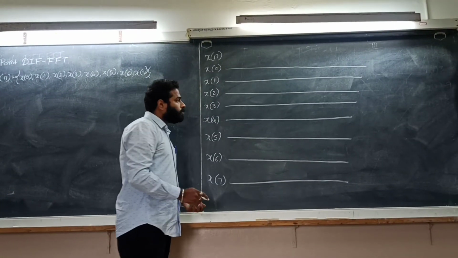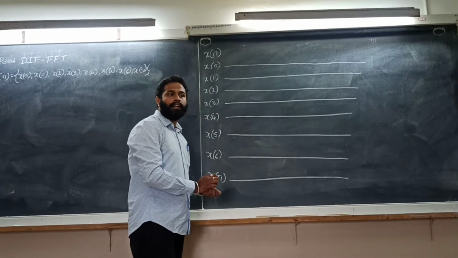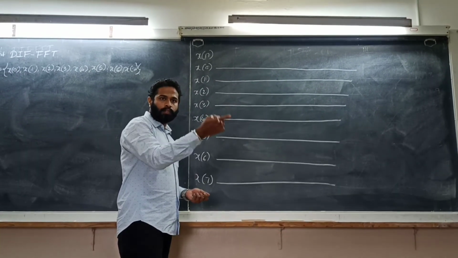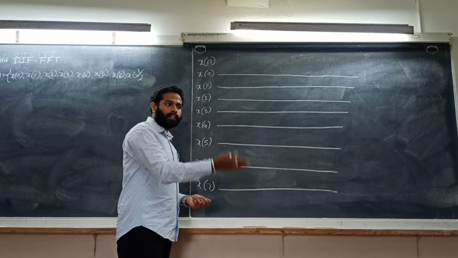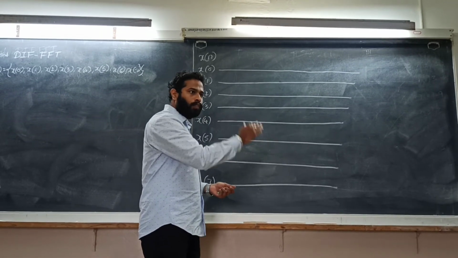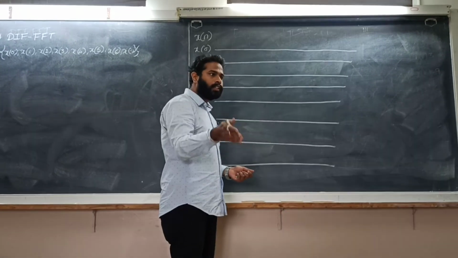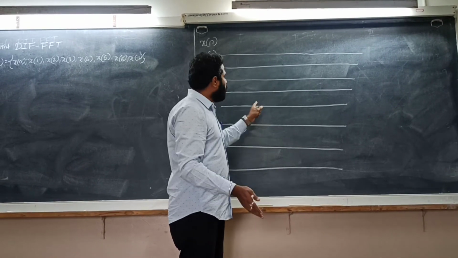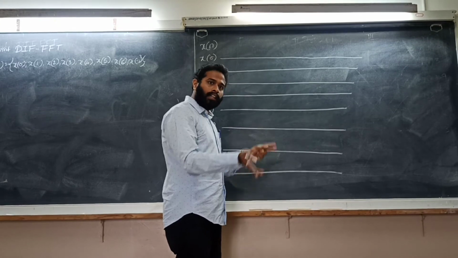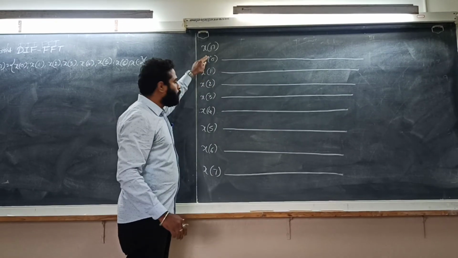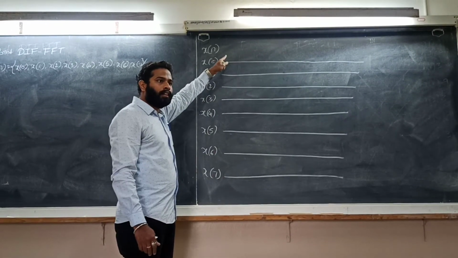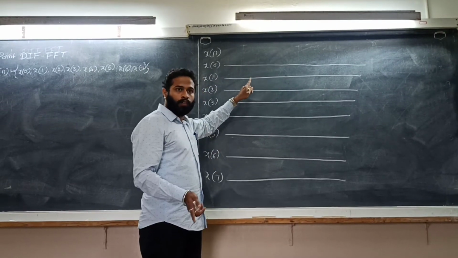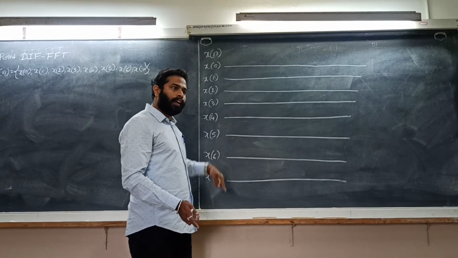Now, what is the first step in 8 point DIT FFT? Taking second value to the first value to the second value. Second step, taking third value to the first value to the third value. And third stage, taking fifth value to the first value to the fifth value. As it is DIF, exactly the opposite procedure. Now what is the first stage? Taking first value to the fifth value to the first value by negating the fifth value. Similarly 6, 7 and 8.